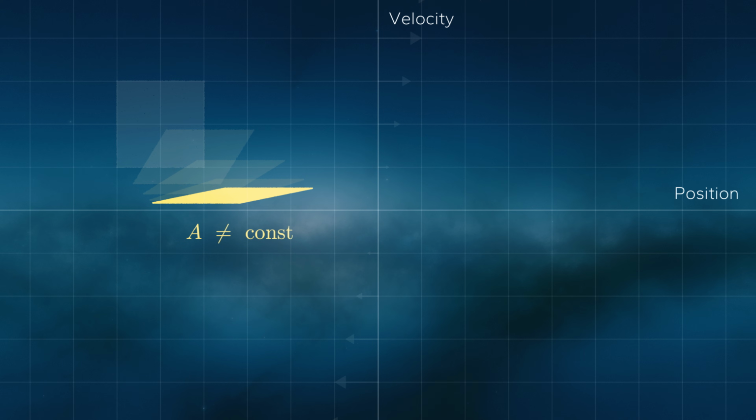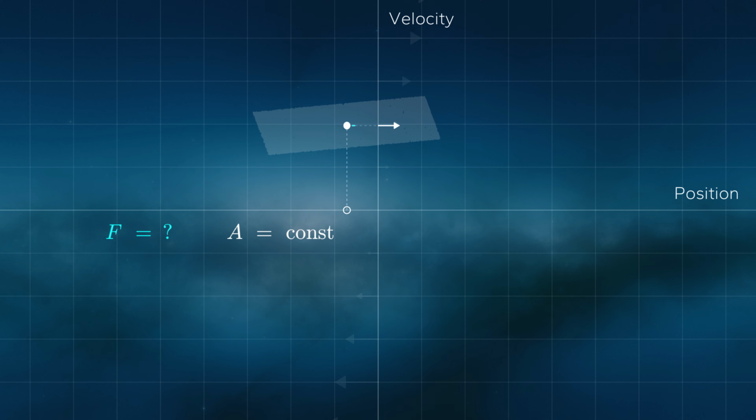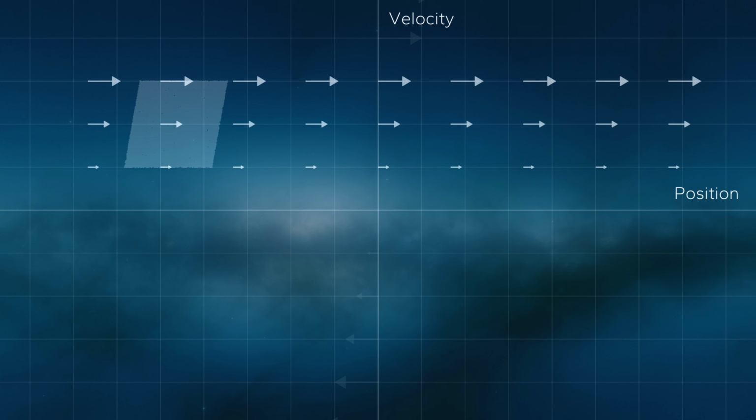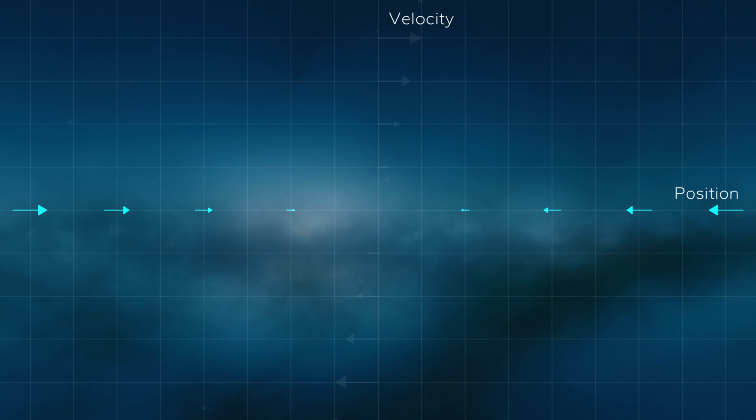So under these conditions, this phase space invariant is no longer invariant. But maybe there are special kinds of forces that do keep it preserved, and if we can preserve those in a calculation, we might keep the long-term benefits as well. Remember how force-free motion was a shear that kept the area constant, simply because the velocities were independent of the positions? Let's try a force that acts in a similar, non-squashing way, a force that at each position is the